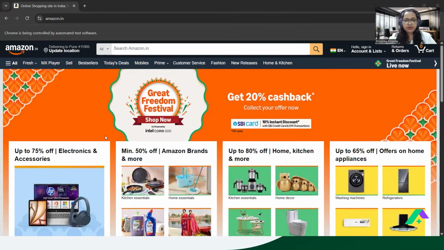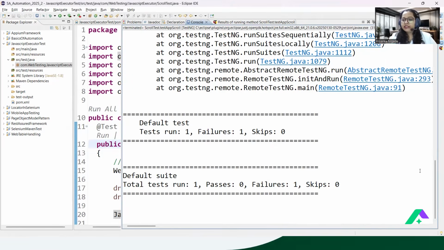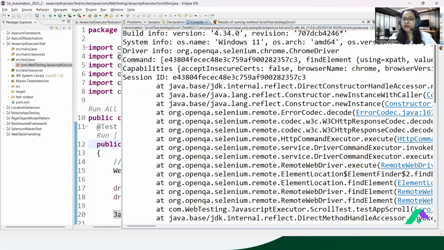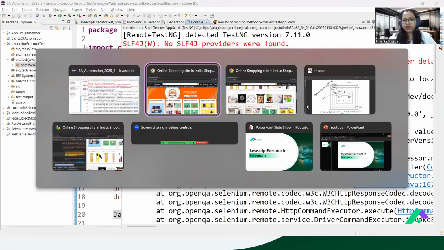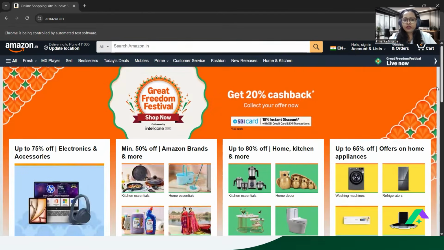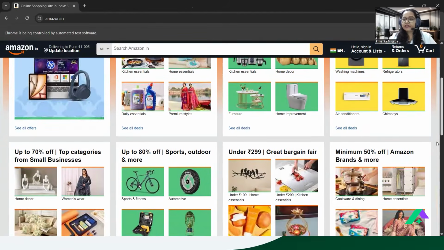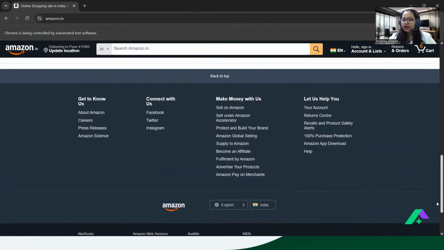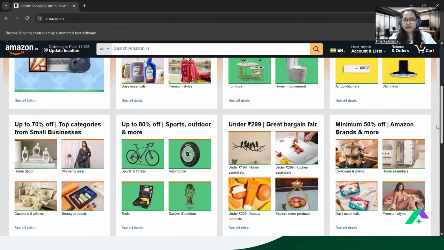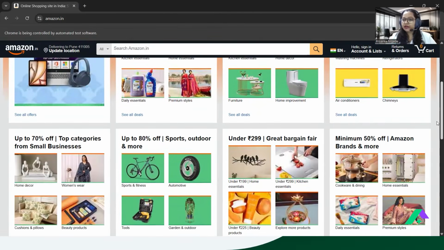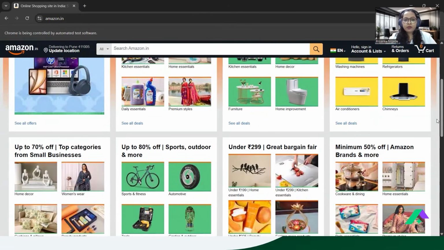But at this moment, again, what is happening? See, it says no such element exception. So what is the reason? The reason is very straightforward. You need to check whether that element is visible here or not. Can you see? In the final page, I'm not able to see that element. The element should be there, only then are you able to scroll. So at this moment, I can't see it, right? So better let me try this one, sports, outdoor and more.